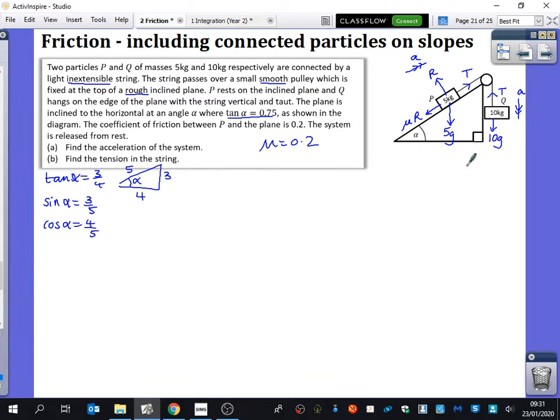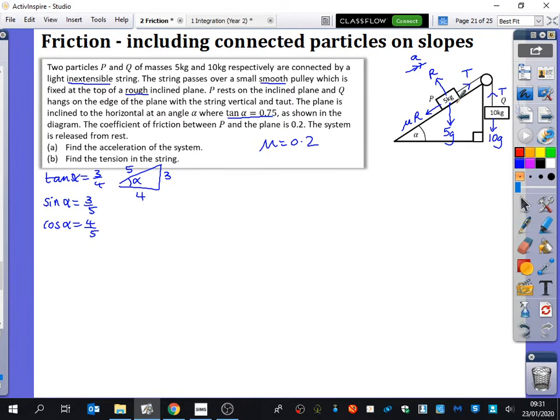Okay, so we're going to get on with this question now that we've done a bit of a strange beginning. We'll resolve the forces. So we'll have our 5g cos alpha and our 5g sine alpha looking like this, okay? Now, we've got two different particles that are happening here, and we've already talked about the fact that because the string is inextensible, the particles must have the same acceleration, which is going to be useful because we're going to have two equations, and we're going to try and solve those equations simultaneously. What we will start off by doing is writing an equation of motion